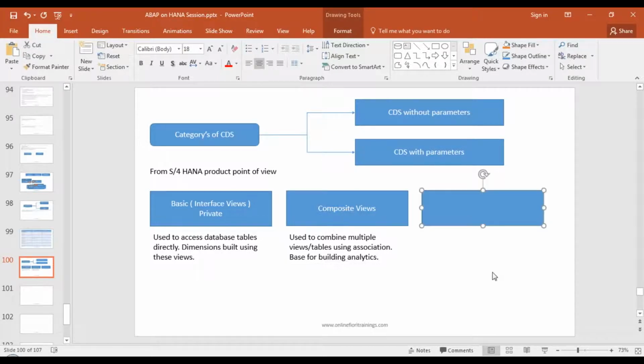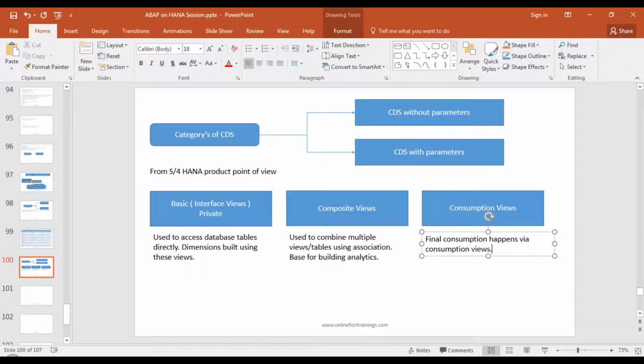Then on top of it, we build something called a consumption view. Consumption views, as the name suggests, are the real things that you will be hitting directly. So your OData service always hits a consumption view. If you want to hit something from your BOBI tool or BOPF or IDA, you will always use a consumption view to call it. So the final consumption happens via consumption views.